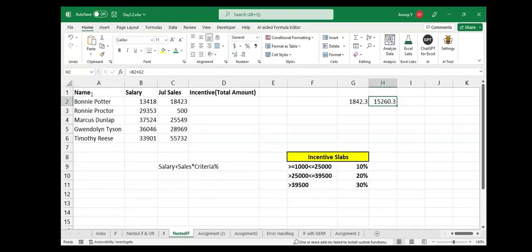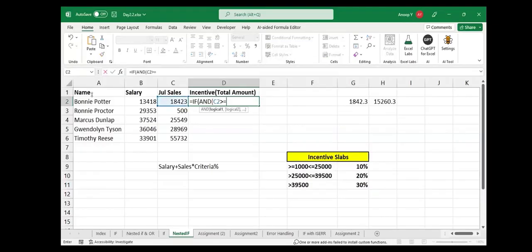Before this, understand this. Look, for this first range we have 10%. For the second range we have 20%. And for the third one we have 30%. So for each and every condition we have a different desired output. So in this case, we will use the nested if. See how I say if this amount is greater than or equal to 1,000, and this amount is less than or equal to 25,000, if the amount exists in this range, then I will give the 10% bonus. It means amount plus 10% of the sales,